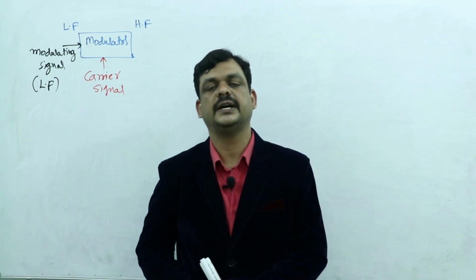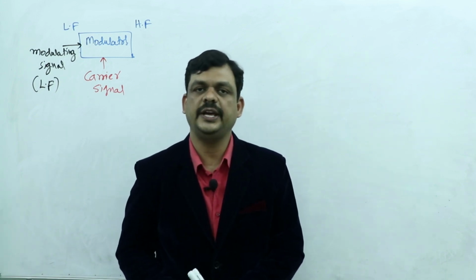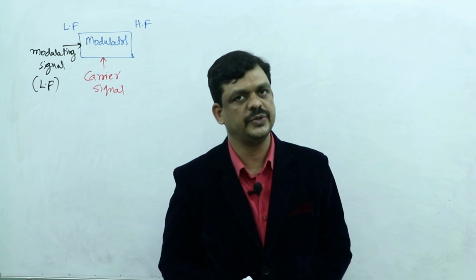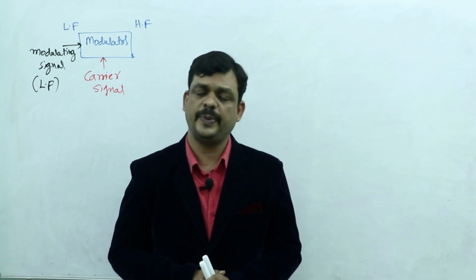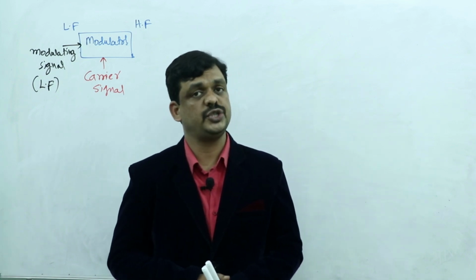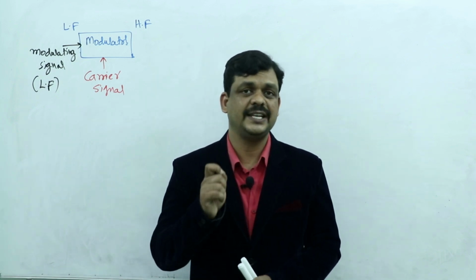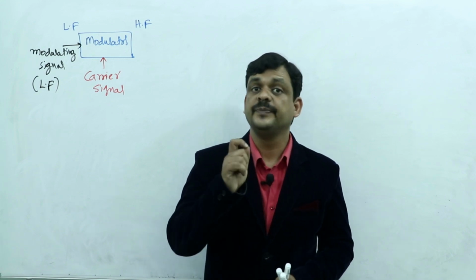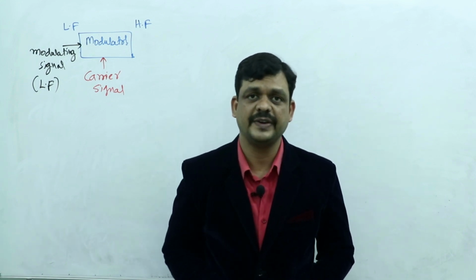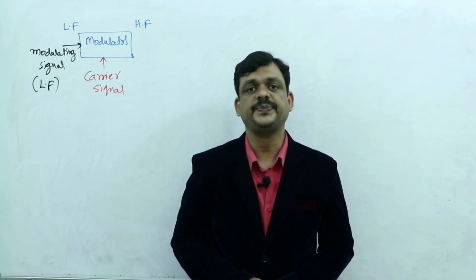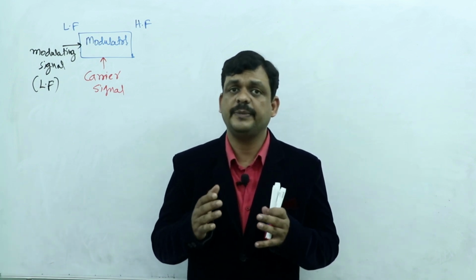Already we have discussed the frequency ranges of the voice, audio and video signals. The maximum frequency of the video signal is 4.5 megahertz, audio signal is 20 kilohertz, and voice signal, that is speech signal, is 3.4 kilohertz. These are low frequency signals,